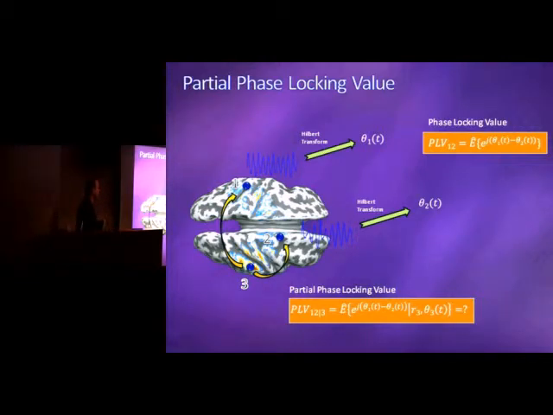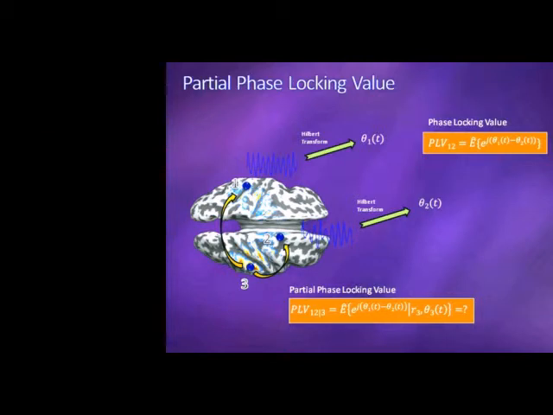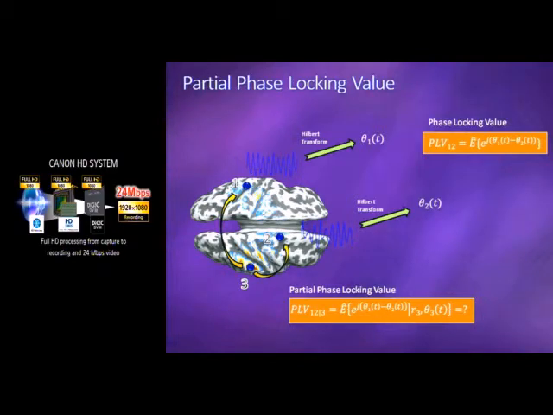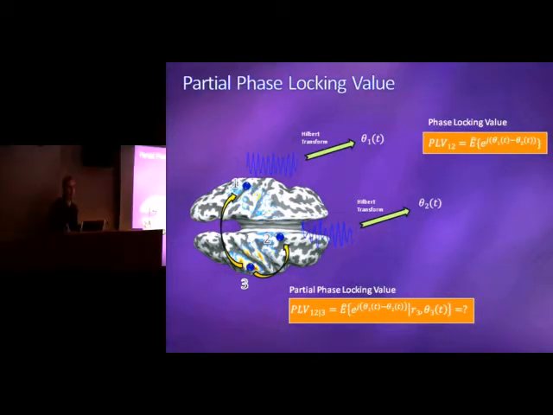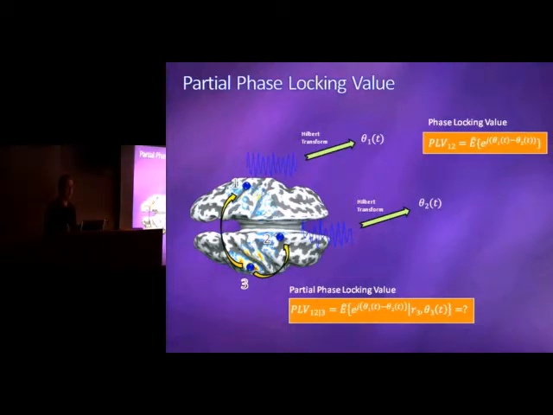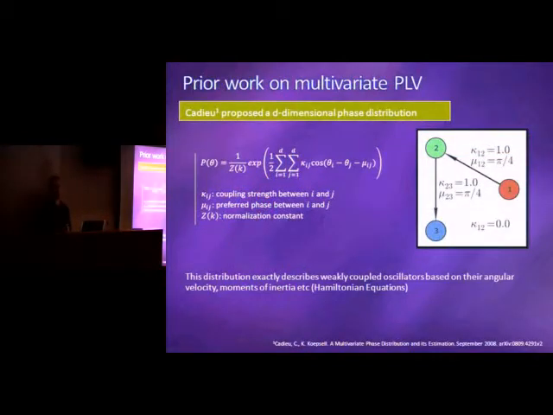You need something called partial phase locking value. You need to condition partial coherence or partial correlation, but it's not so straightforward to get partial phase locking value. And we searched the literature, and what we found was one work proposed by Cadio